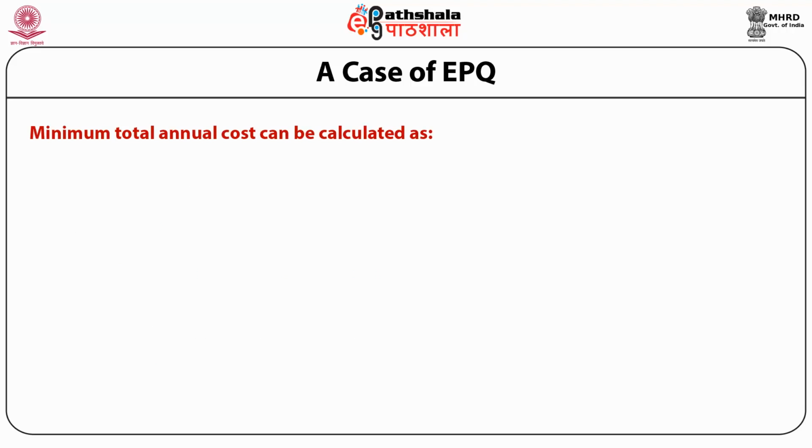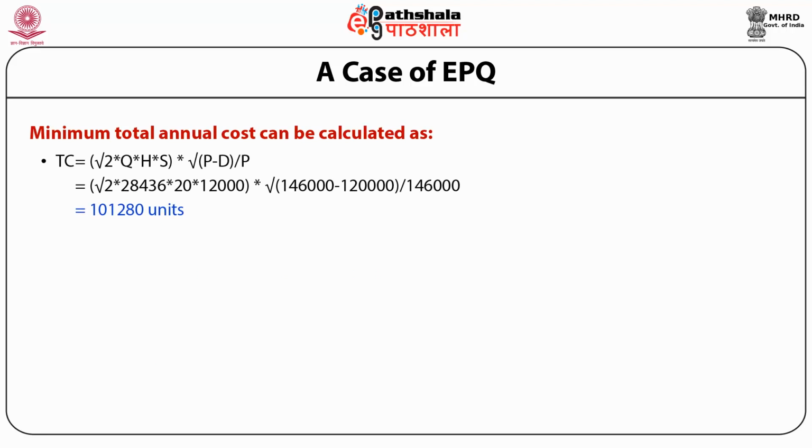Minimum total annual cost can be calculated as total cost TC equal to root of 2 into Q into H into S into root of P minus D upon P, equal to root of 2 into 28436 into 20 into 12,000 into root of